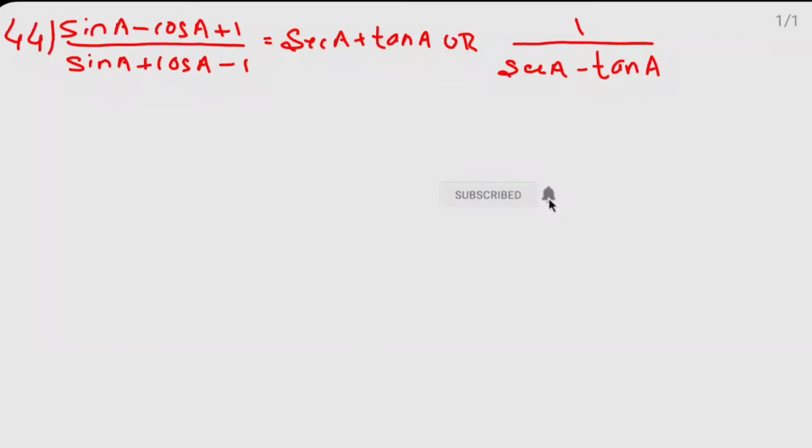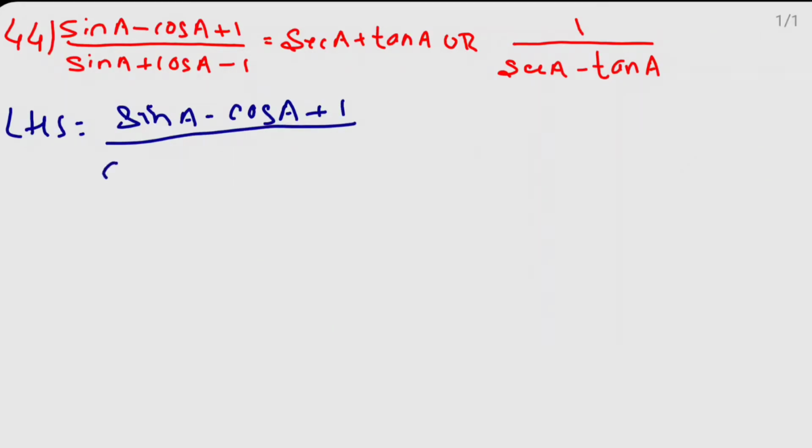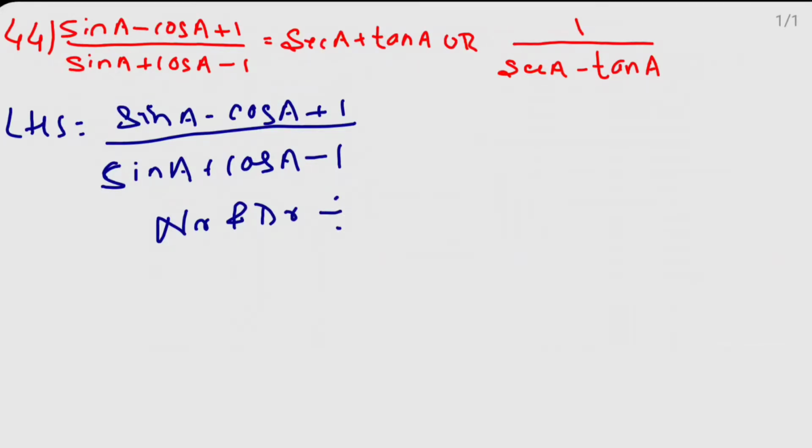Right. So first write down here LHS equals sin a minus cos a plus 1 divided by sin a plus cos a minus 1, and here numerator and denominator are divided by cos a, and here we got